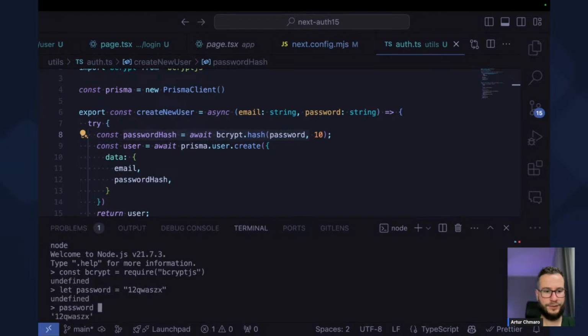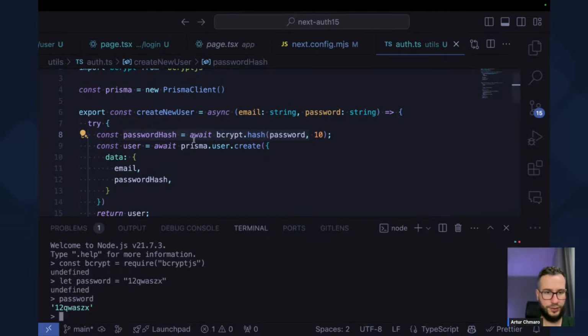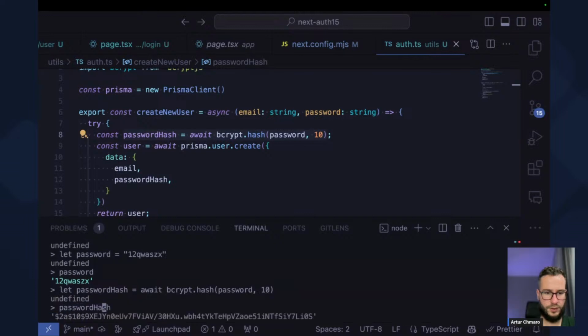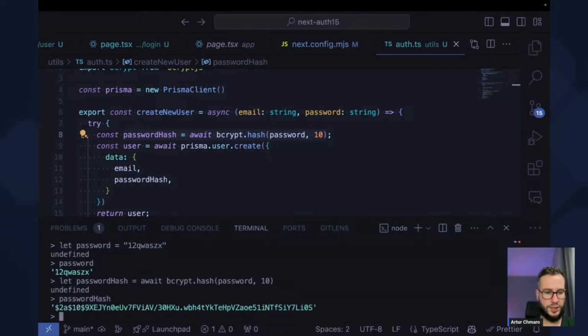Okay, password. And now we'll calculate the hash exactly that way. Okay, we have password hash to result equals await bcrypt compare